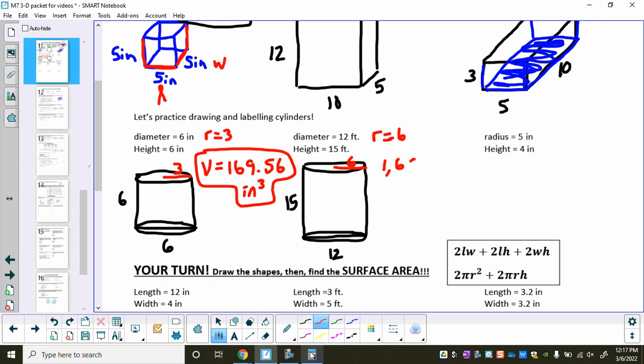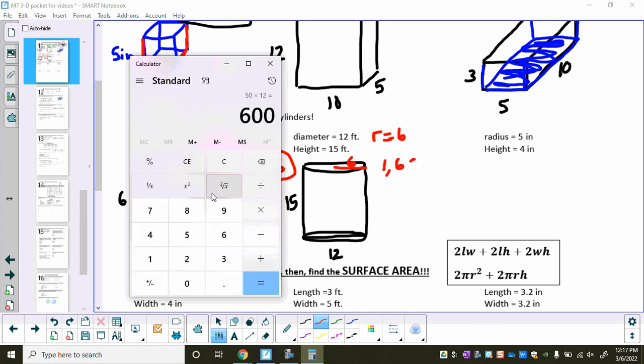1,695. Is that right? I feel like that must have glitched. Let me do 3.14 here. The radius is 6. I'm going to do radius squared times 36 and then times the height of 15. Yeah, look at that. 1,695